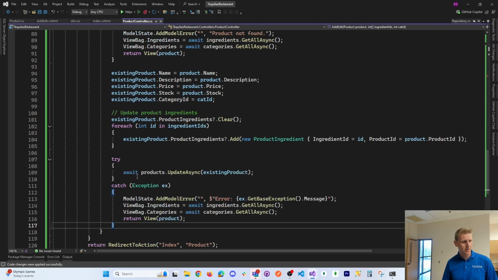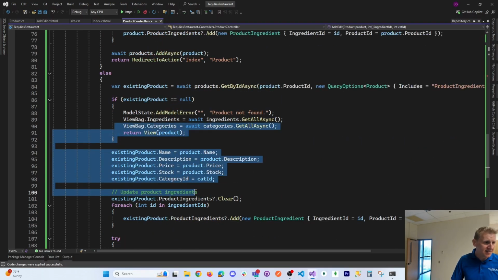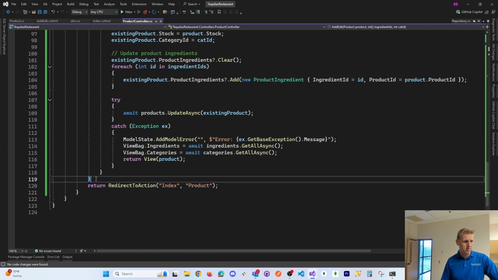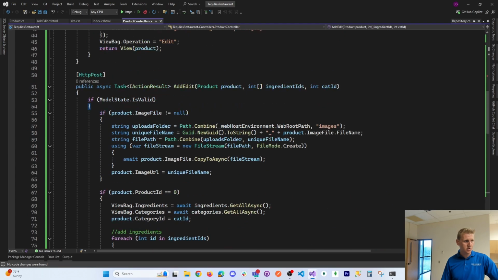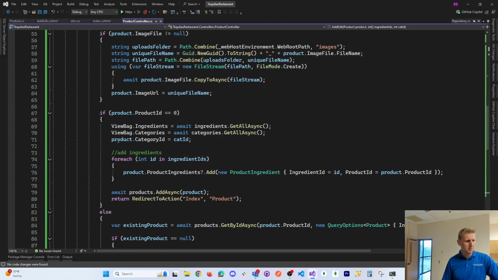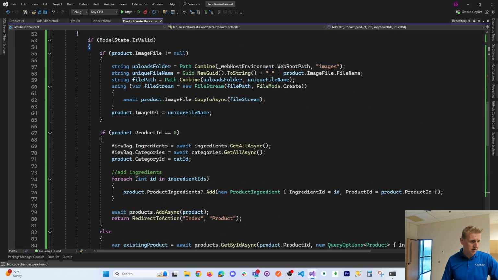Okay. Now I will admit that I could update this to allow a user to change the image, and that's not something that this currently allows for, but we can change everything else. And let's check. Now, one thing here